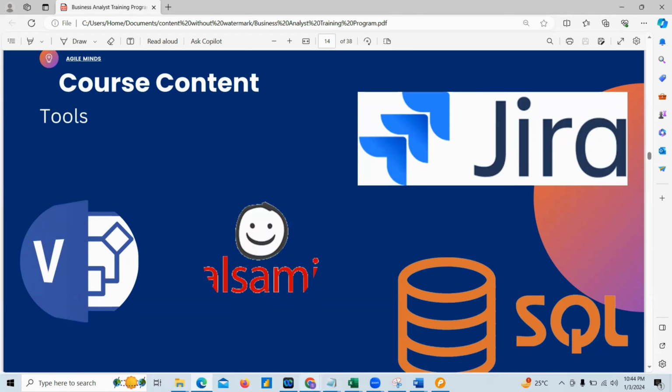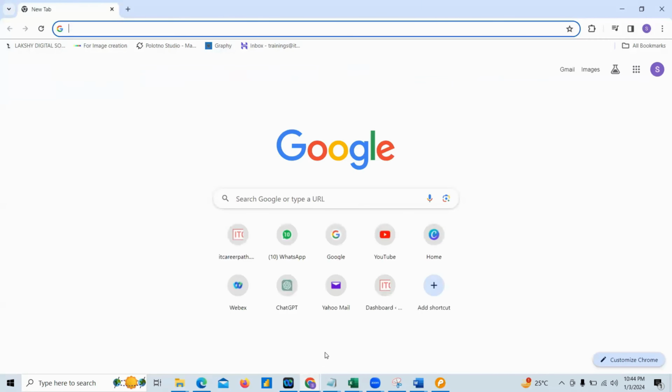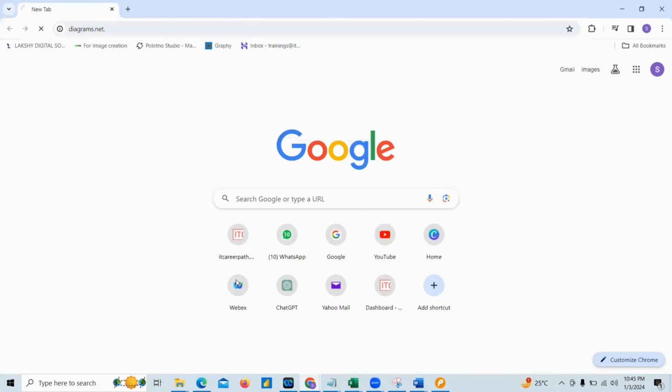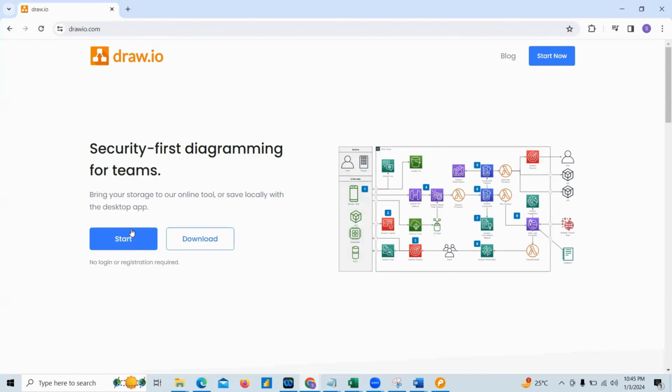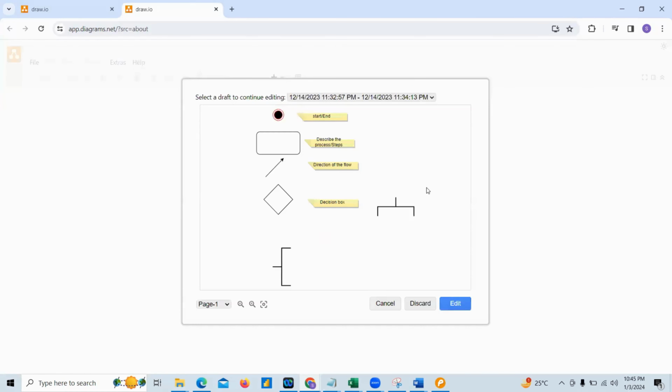But we have one more tool which is similar to Visio. Let me show you that. Diagrams.net. This is very much similar to MS Visio. This is a free tool which we can use to practice all the diagrams.